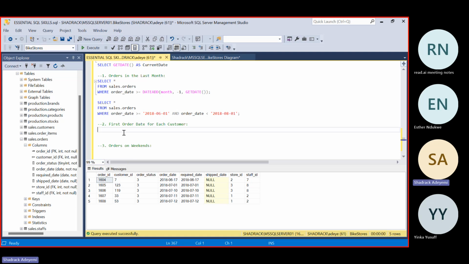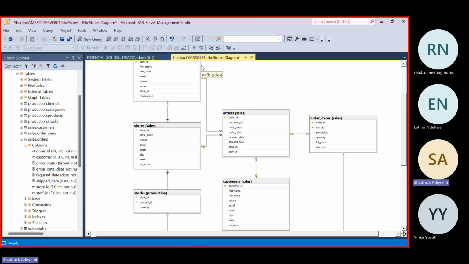Now let's try to answer another time question here that says, what's the first order date for each customer? This should not be so difficult to fish out because we're not using any specific function. We could just say we want to know the minimum date that an order was placed by a customer. We have order dates sitting in the sales table and customer information sitting in another table. So we might have to do a join to know the customer, maybe first name, last name, or ID, and then this.